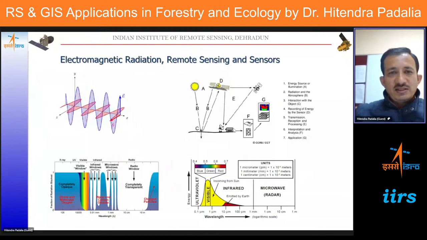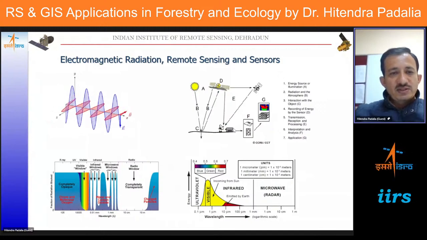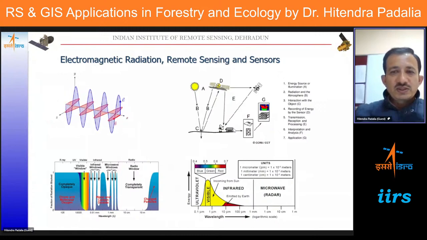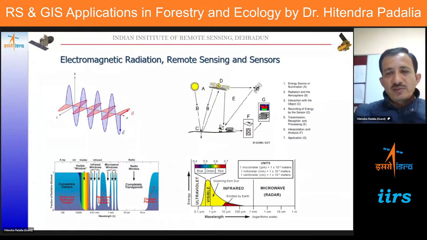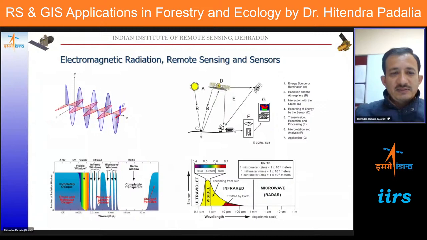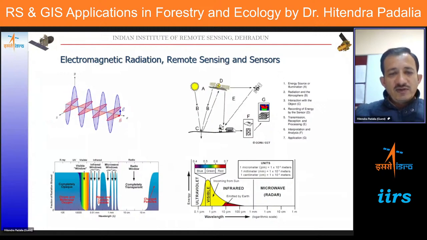As far as the remote sensing is concerned, electromagnetic radiation is the primary source of information, both for doing active and passive remote sensing. And there are steps involved, from the acquisition of satellite data to the processing of satellite data to generation of thematic outputs, etc. But the important part is that with respect to the wavelengths, there are selected windows in which the remote sensing can be done, and such windows are called atmospheric windows.